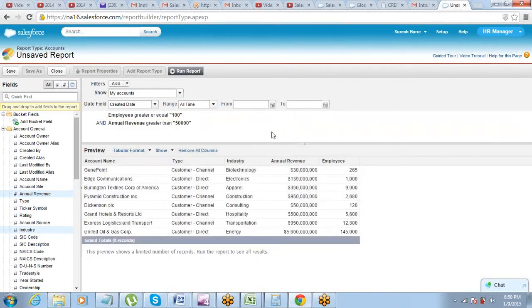So two filters have been put: revenue greater than 50,000, employees greater than 100. Simple. No difficulty understanding this. It's easy. So this is how we put filters and the fields in the report.